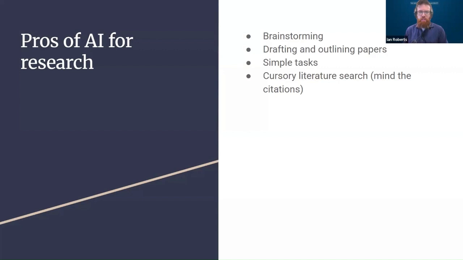Some tools can also do a cursory literature search. These are the citation tools, helps you find ideas of what you want to research, connects you to at least some of the literature that's out there. We're going to warn you about hallucinations here in a bit, but there's some tools that are very good for finding scientific papers you might not necessarily find via your usual methods.